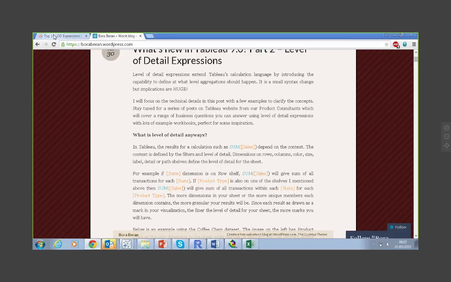I also have examples of disjoint LODs and how you can do interesting tricks. Like if you have people who make purchases in multiple states, but you want to get the sum of spending for the customer across the entire country, but replicated at the state level at each state they ever shopped. So then you have to compute it at one level and replicate it at a different level. There are a lot of nifty tricks you can do, and there are tons of examples in my blog post and Bethany's blog post as well.